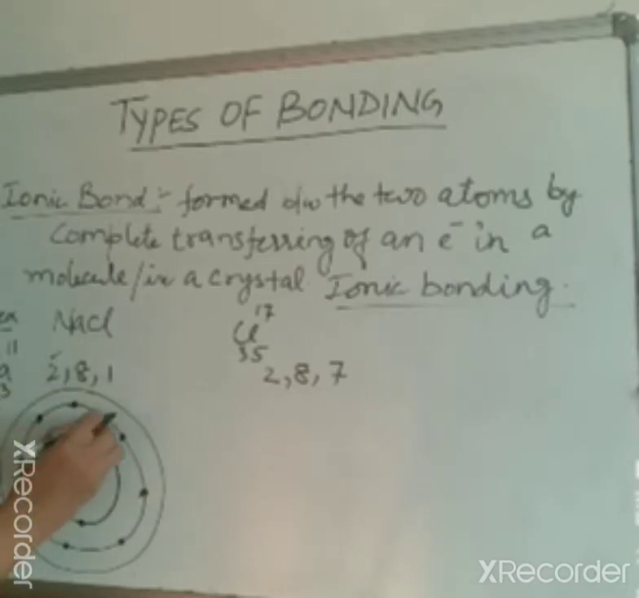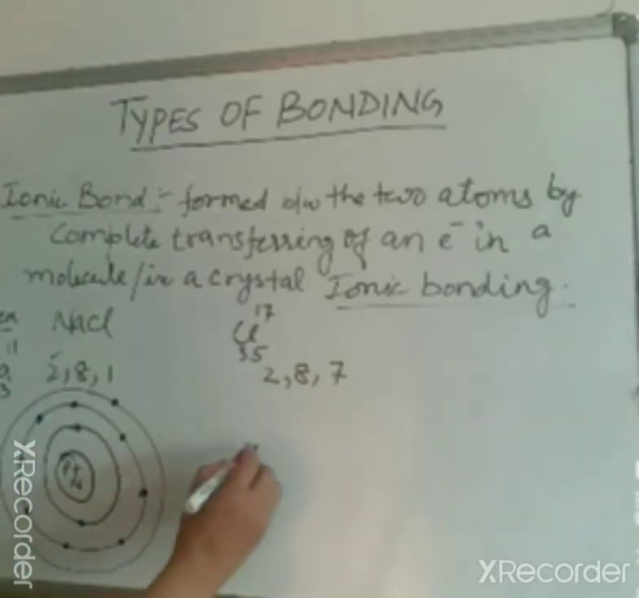And in the third energy level, it has only 1 electron. So now, it needs 7 more electrons to complete its octet. To make the sodium atom stable, it needs 7 more electrons. If we take chlorine,